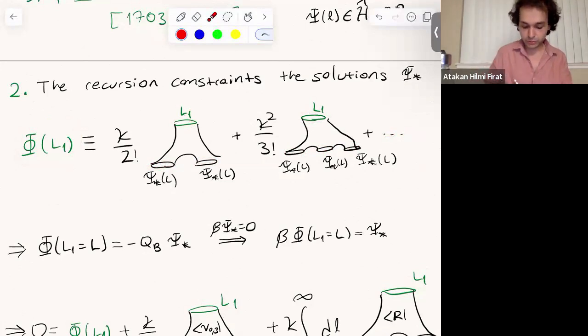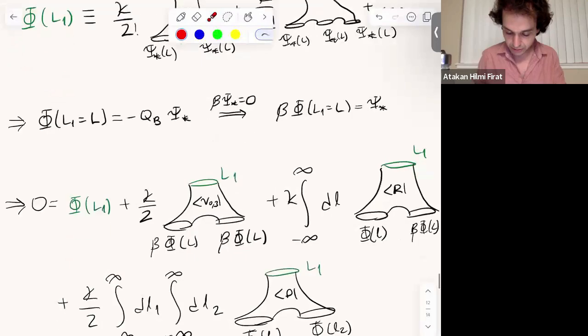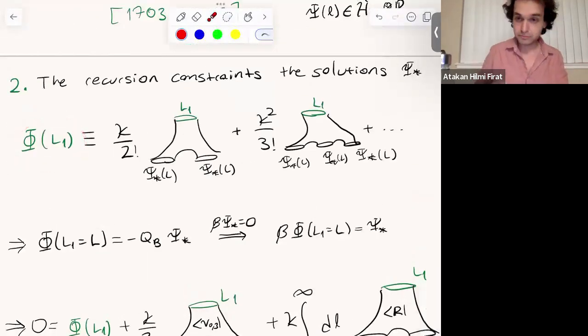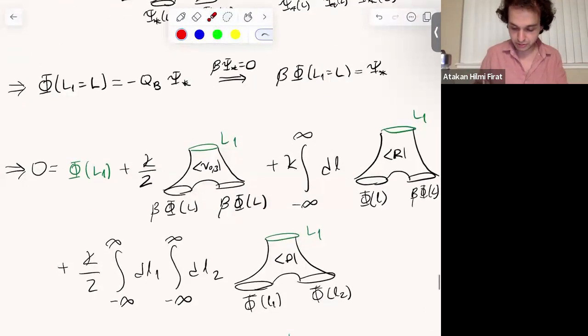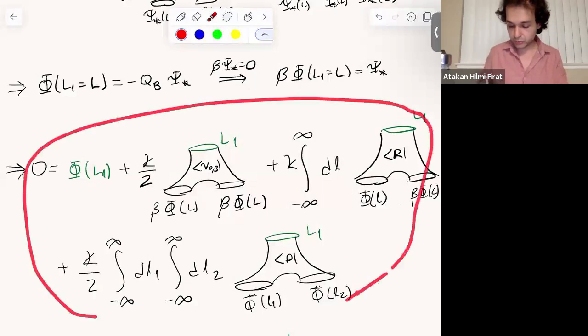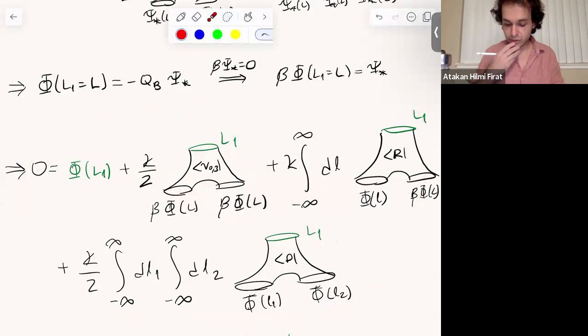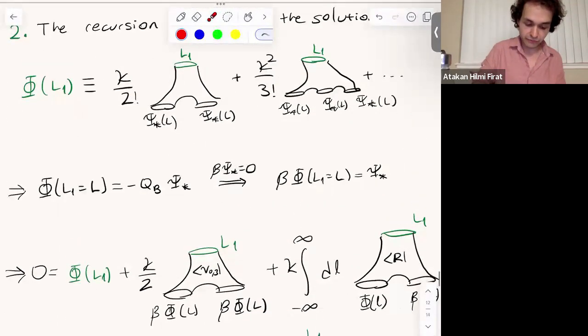Well, one trivial thing to observe is that when you take L1 to L, set this border length to L, since psi tilde is a solution to the equation of motion, it should give you the minus cubic psi. Because when you do that, the whole thing is actually 0. And say that you gauge fix, then you generate this relation. So why am I telling this? Because if you define this phi field, you can recollect this equation of motion in the following way. I'm not going to derive this, but essentially you take the recursion and you realize that I can have a phi of L1. I have this thing as well,